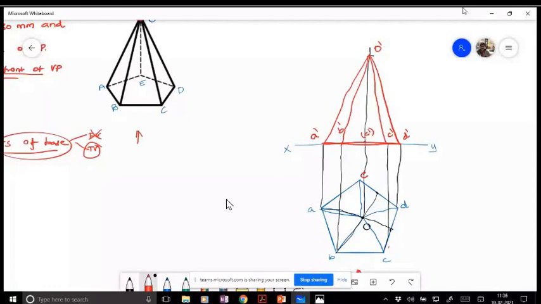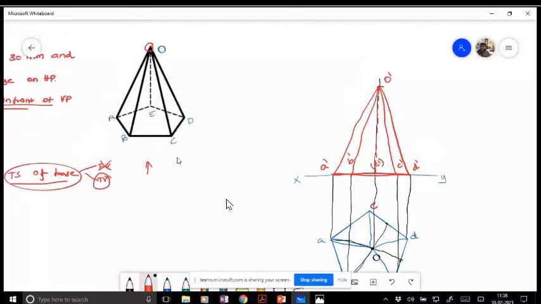When a particular slant edge is not visible, you need to use a hidden line, something like this. In the types of lines, we've seen this hidden line, right? It shows the features that are not directly visible. We need to draw the hidden line for this OE line, because this OE line is just behind the other edges. So from the front view, only these slant edges will be visible. These three.